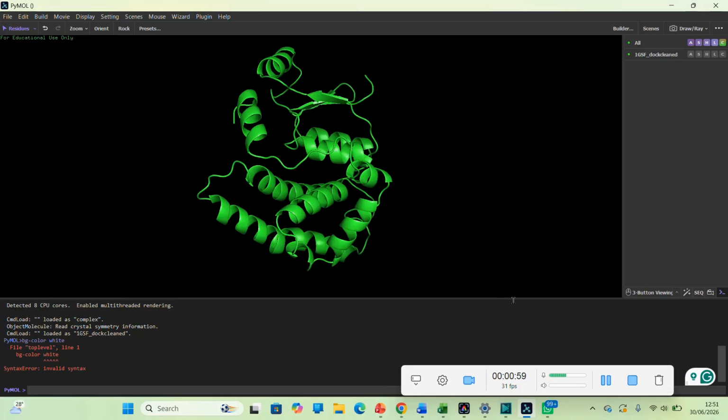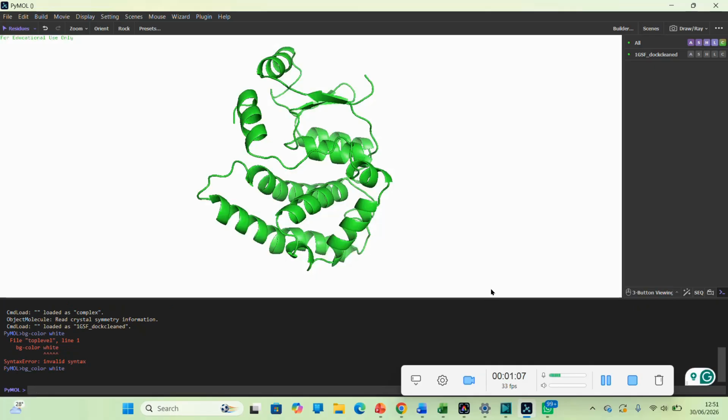Oh, my bad. It's not a hyphen. It should be an underscore. Yeah, a white background is standard for most scientific journals for contrast and makes the figures look clean and very